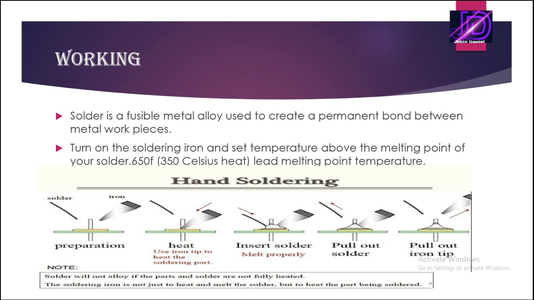Next, heating. Heating is 300 °C heat in the solder. It is a permanent heat for the lead. It is an accurate lead melting point, so the solder melts properly. At 350 °C it clearly and properly melts, and you pull out the solder and the lead, and pull out the tip. It makes a perfect solder; within 1 second itself it solders clearly.